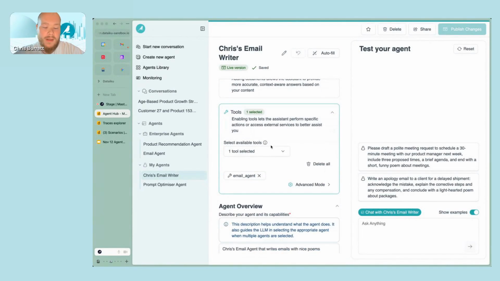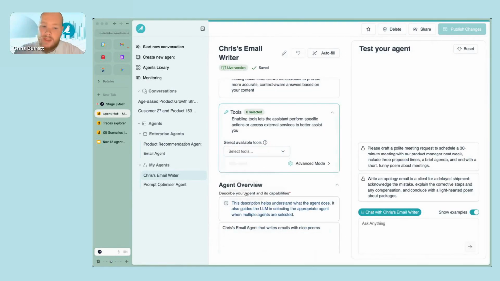And then we've also got the concept of enterprise tools. And so our IT team, our central team that manages Agent Hub, may say, hey, I want to enable all of my users or a group of my users to be able to interact with various different tools in my organization. And so in this case, I can actually use different agents as tools. So I've got that email agent, that enterprise agent. I can leverage that as a tool. I can also leverage the SQL agent, which is hooked up to all of our SQL databases as a tool as well. And my external agents if I wanted to.